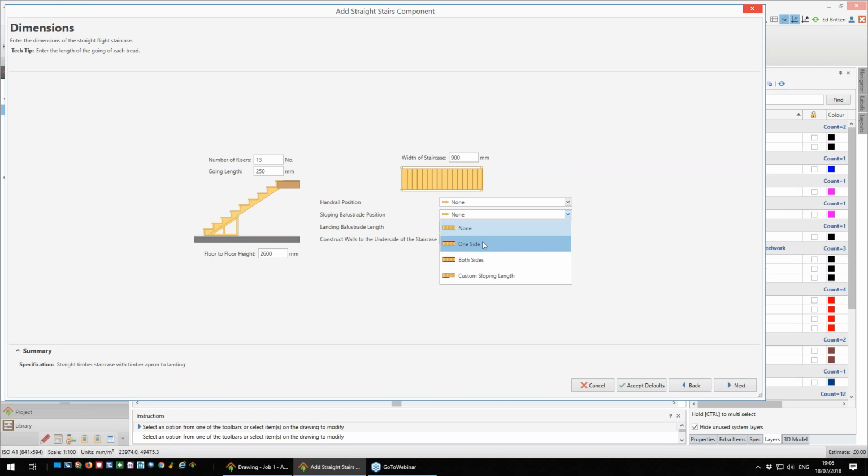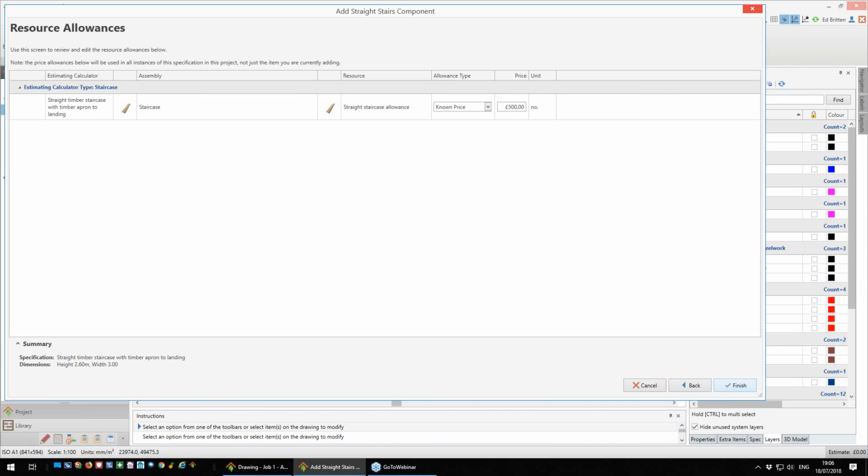So for example, we would probably have sloping balustrade on one side, or whether or not you're going to construct walls to the underside of the staircase. I'm going to say none to this because obviously underneath this staircase is where people are walking up from below. Once I'm happy with that, I'm going to click on next. This has got a staircase allowance price,